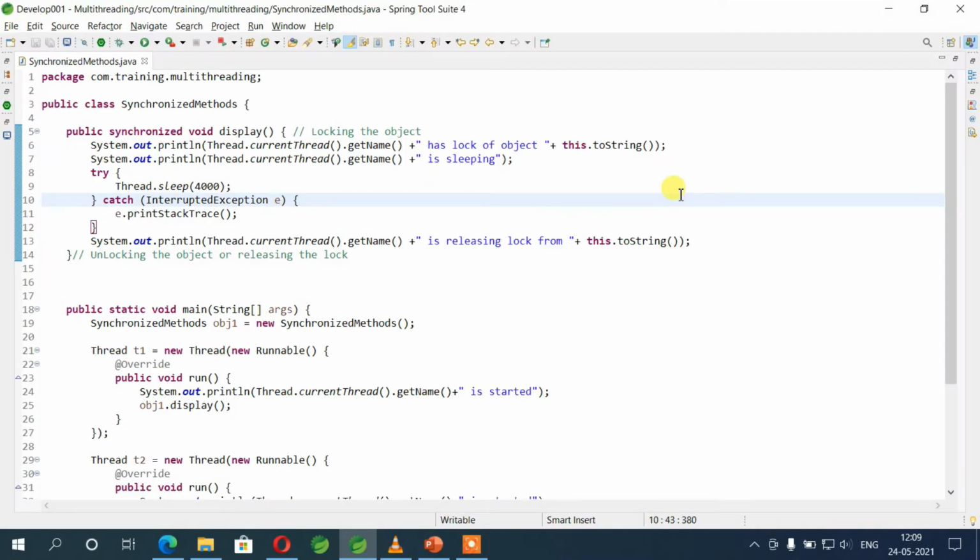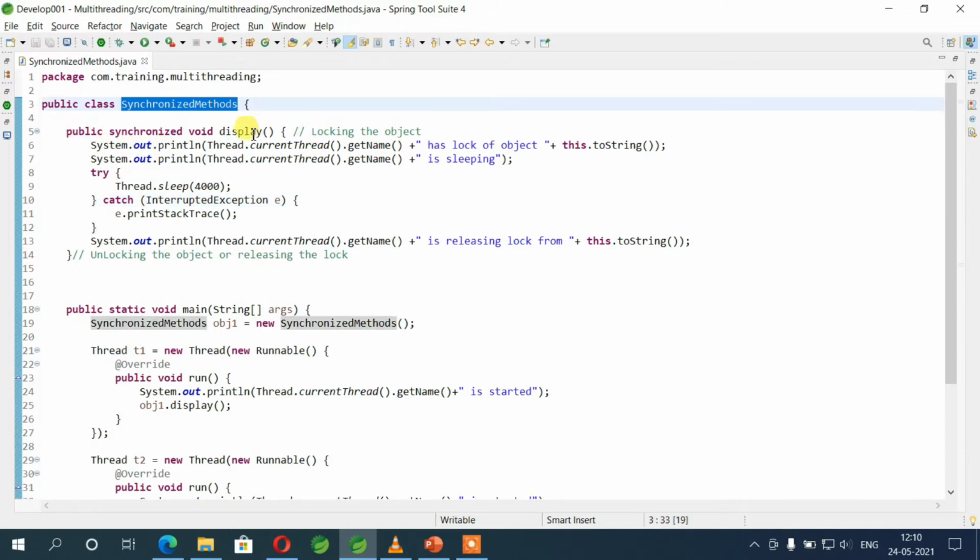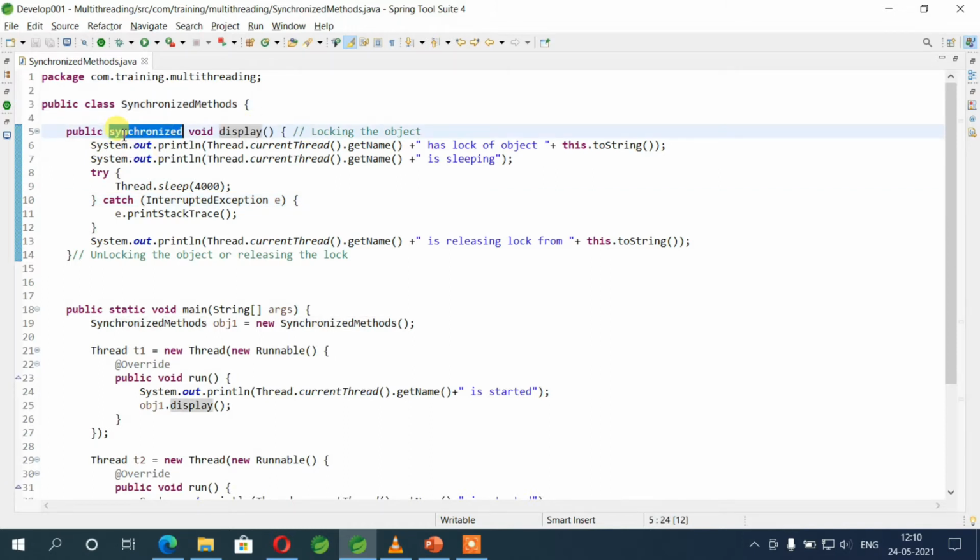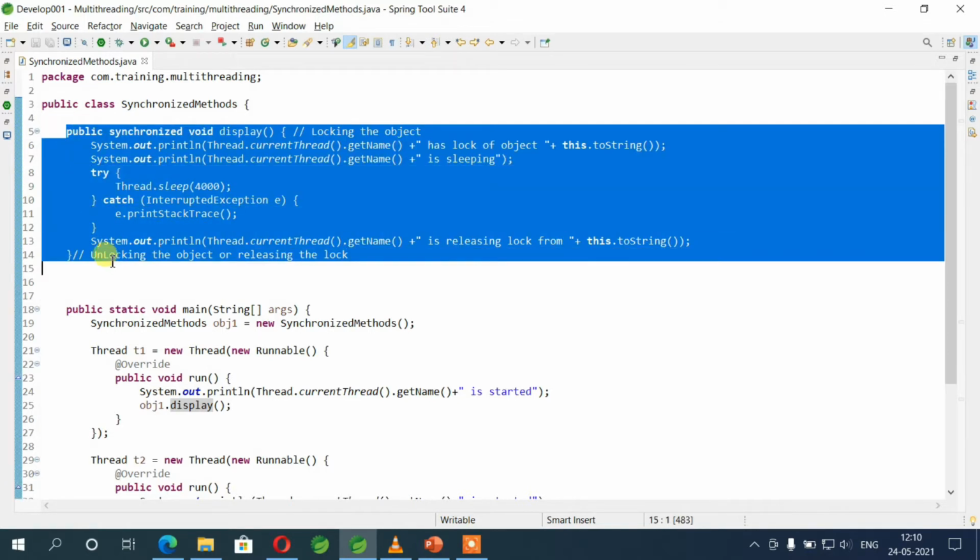Hello everyone, welcome back, and in this video we are going to understand the synchronized method. We have a class called synchronized method, and inside that we have a method called display, which is a synchronized method. Using the synchronized keyword you can define a method as synchronized. We'll try to access this synchronized method using multiple threads and try to understand the properties of synchronized